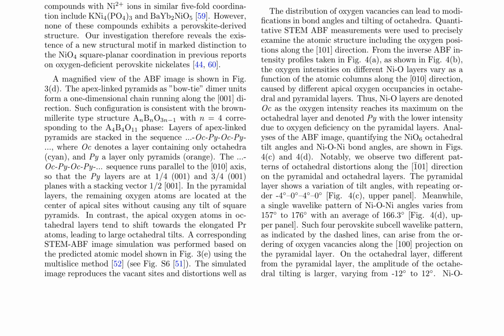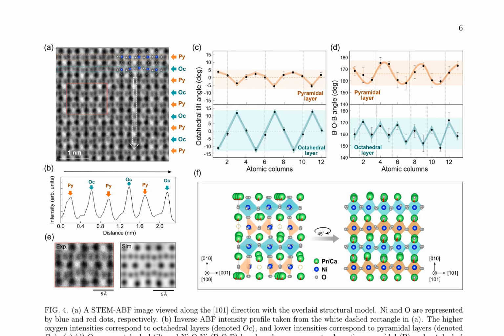The STEM-ABF images show a unidimensional chain of bowtie dimer units running along the 001 direction, consistent with the brownmillerite-type structure. The analysis of ABF images quantifies the NiO6 octahedral tilt angles and Ni bond angles, exhibiting different patterns between pyramidal and octahedral layers. The pyramidal layer shows a wave-like pattern of tilt angles, while the octahedral layer exhibits a larger amplitude of tilting. The study also discusses the distribution of oxygen vacancies and their impact on bond angles and